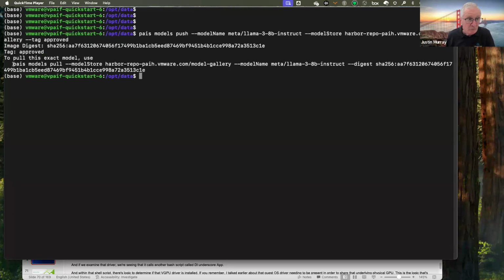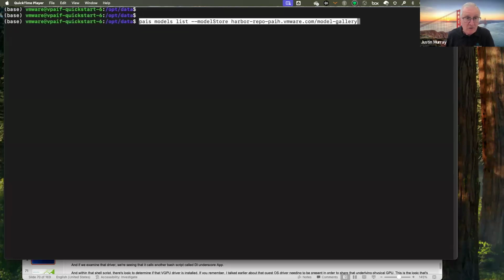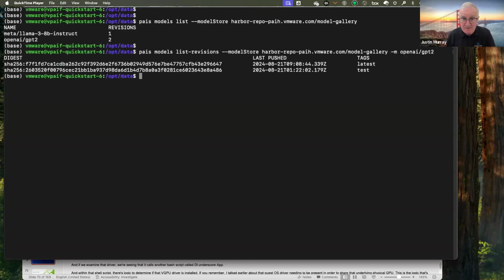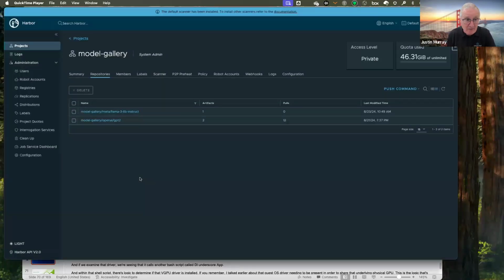So we can now pull that model later using this command here. So somebody comes along in a separate deep learning VM now, and they want to use that model. So this might be inside a Kubernetes cluster that they use the model, or it might be just a separate deep learning VM. And here's the model seen in the model gallery or model store with different versions and different conditions for it to be used here.